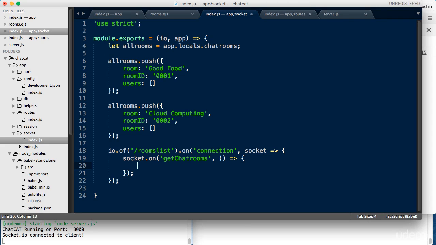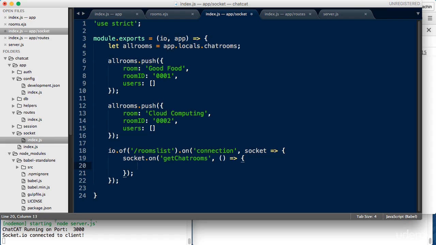You can implement several events and event listeners using this syntax, and they're all asynchronous and do not interfere with each other. So once the getChatRooms is heard, we will use socket.emit just like we did in the rooms.ejs file to dispatch another event called chatRoomsList, which also carries along a stringified version of the allRooms variable, which essentially means the contents of the